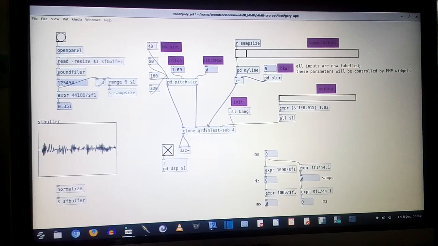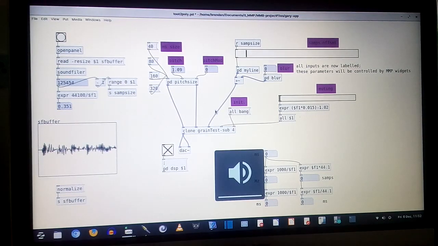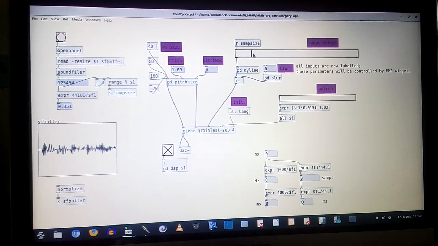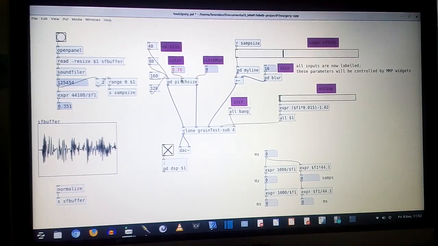Let's do this again. So I can alter pitch, I can modulate pitch manually, but if I set that to 1 or any other number and gradually increase the intensity of the noise that I'm adding to that pitch value,